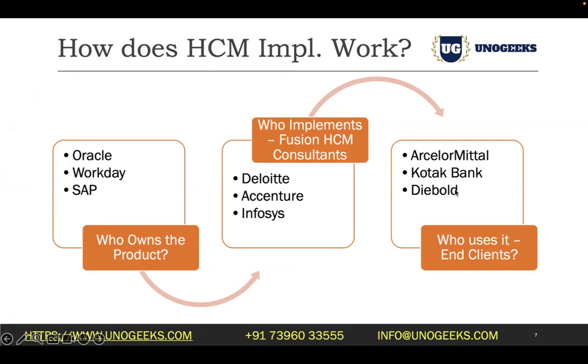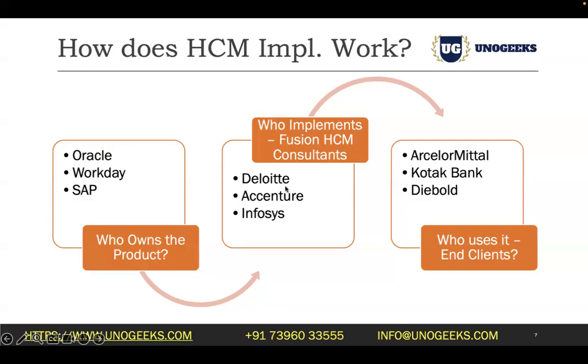So they would buy the product from these vendors. They would buy the product from Oracle, Workday, or SAP. They cannot use that product as is. Then they would try to understand or sign up a contract with an implementation partner. And who are the leading implementation partners that we have for Fusion HCM Cloud? You have Deloitte Consulting, Accenture, Infosys, and not just these three. I just mentioned a few names here, but you have thousands of companies who can implement Oracle Cloud as per the